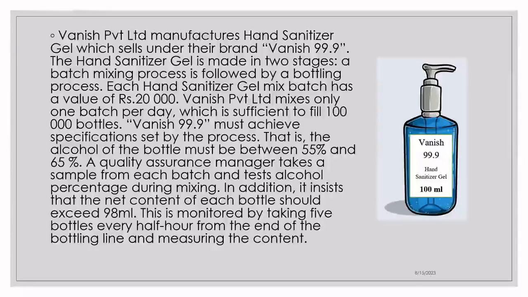Each hand sanitizer gel has a value of 20,000. Vanish Private Limited mixes only 1 batch per day, right? Which is sufficient to fill 100,000 bottles. Vanish 99.9 must achieve